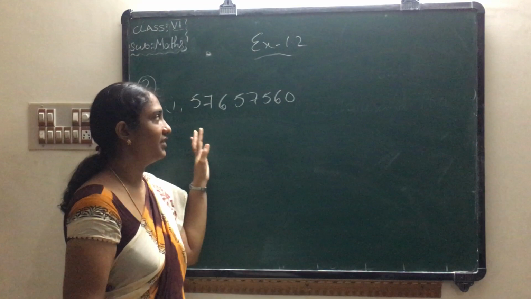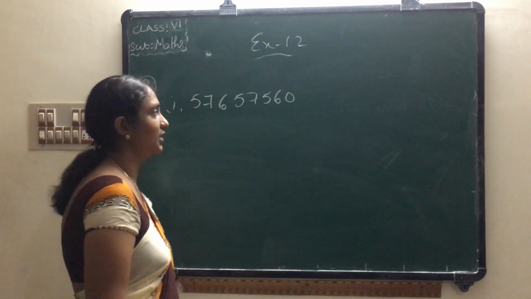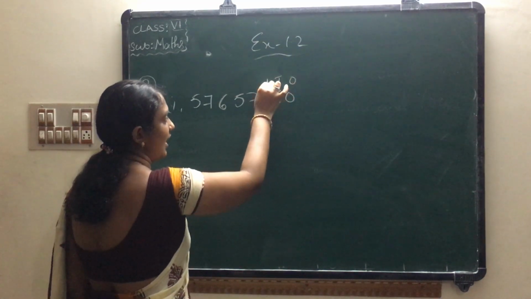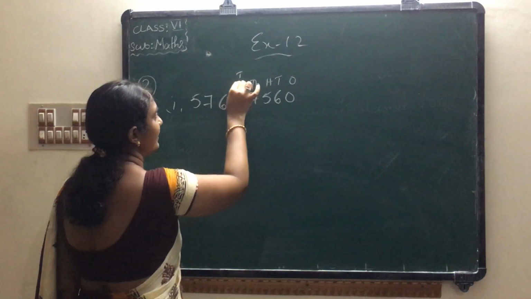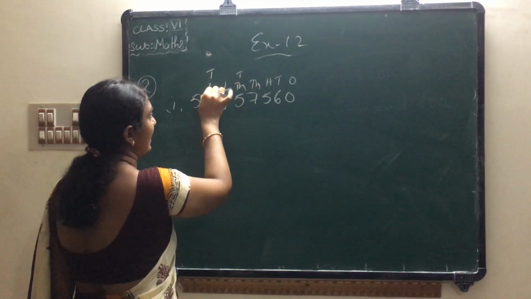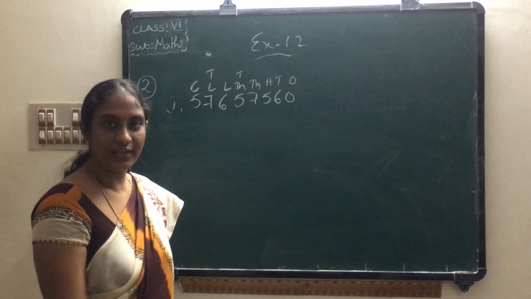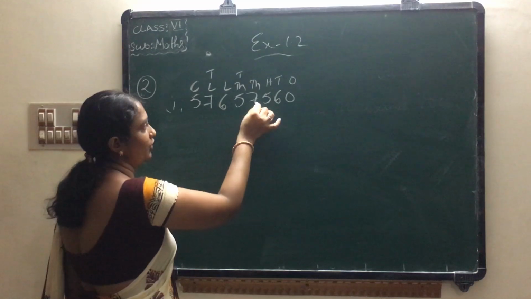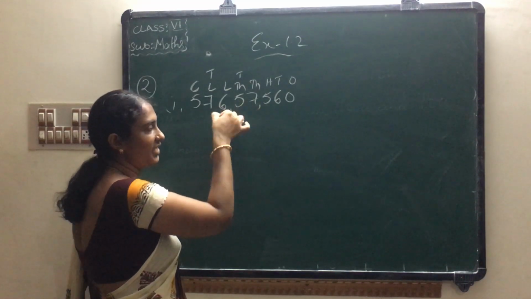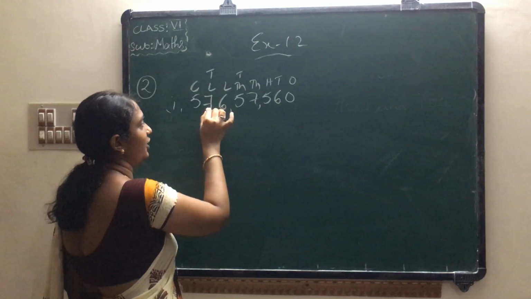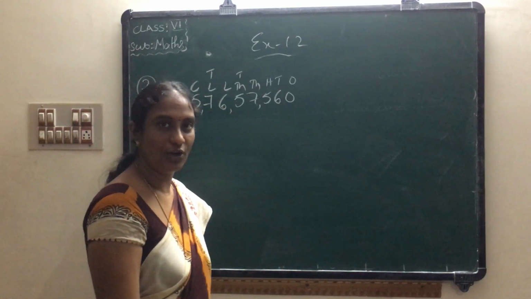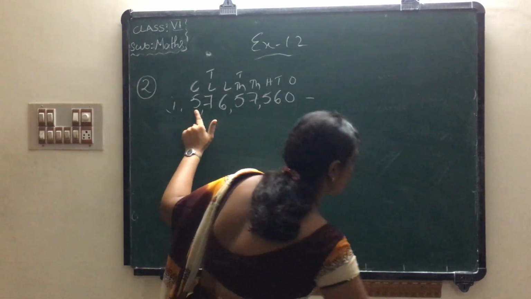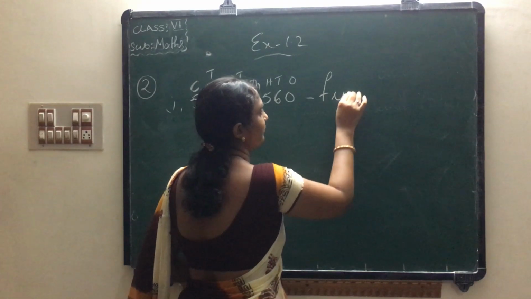Okay. For this number we had to first write the commas. So write the place values first. Ones, tens, hundreds, thousands, 10,000, lakhs, 10 lakhs, crores. Okay. Now keep the commas. First three numbers after keep the first comma. After two numbers we had to miss thousands place after period after we had to keep the second comma. After third period after lakhs we had to keep the next comma. Okay. Now write in words. Now let us see. 5 is in which place? Crores place. So 5